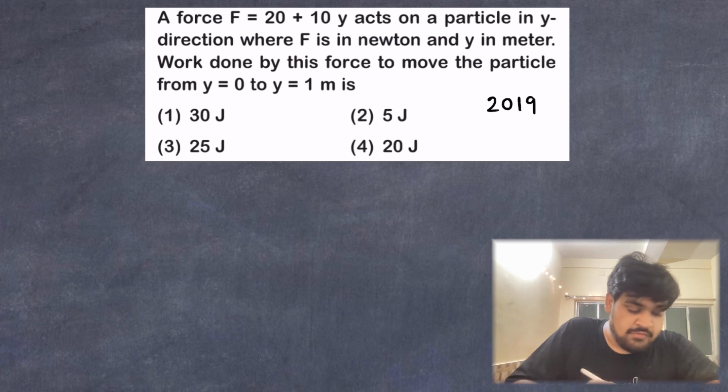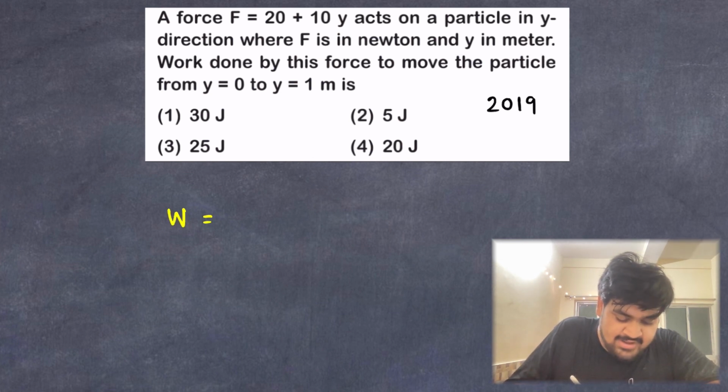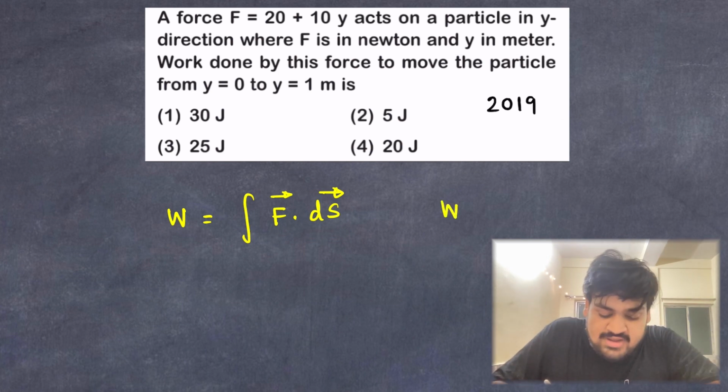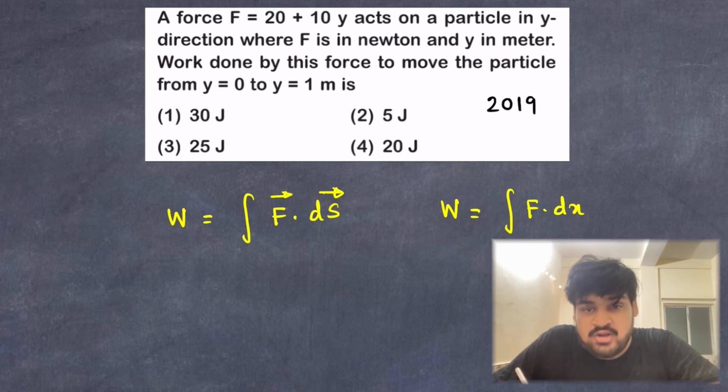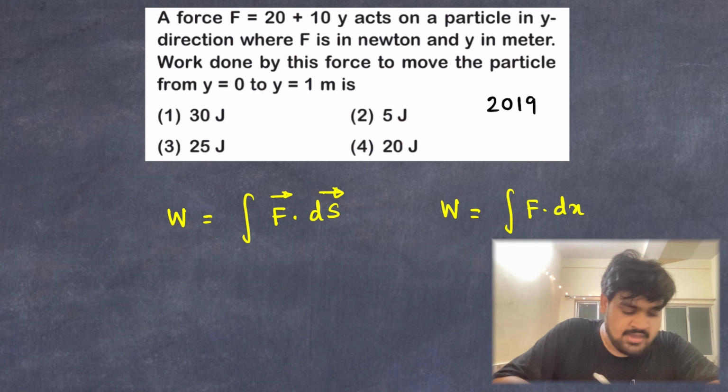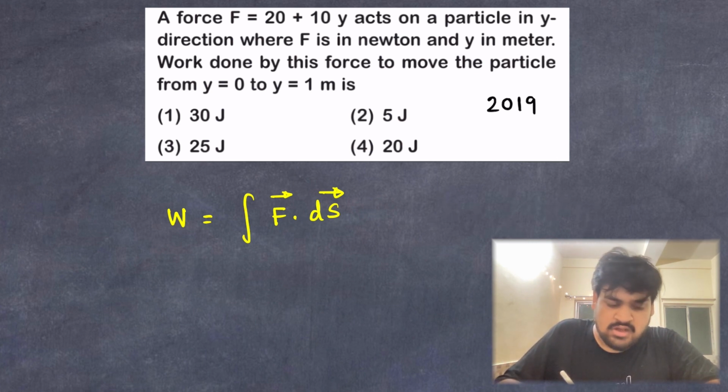First of all, work done is defined as the integration of F dot ds vector, where F vector is the force vector and ds vector is the change in the position vector. You usually write work done is equal to the integration of F dot dx. This is not the case. This is a general version, so the other may be true, may not be true sometimes. It's better to avoid that one and it's useful to write this one. Let us see how we can solve using this in this question. Over here work done is the integration of F dot ds.